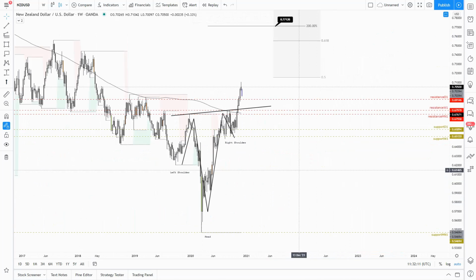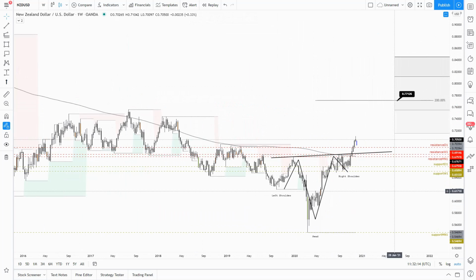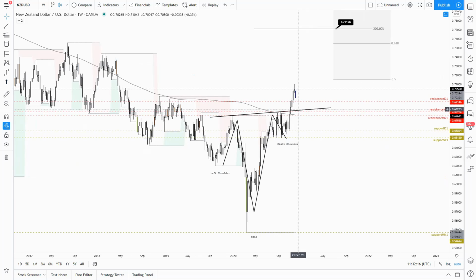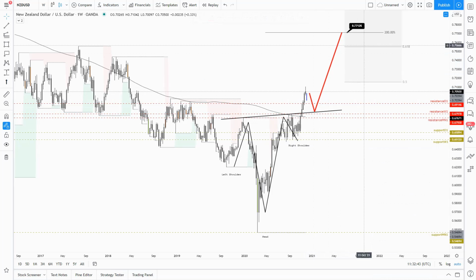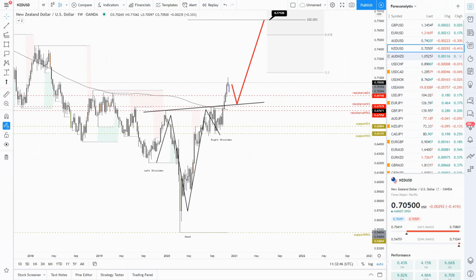Attention, why I am expecting a retracement at some point. I do expect a retracement because I need a retest of this weekly fractal. I need the price to come back to retest this next zone, and then I need to see the price trading even higher. So basically I'm bullish for the Kiwi, but not for now. For now, I still expect a retracement back to the next zone, and then I will wait for a great bounce with default targets projected there.